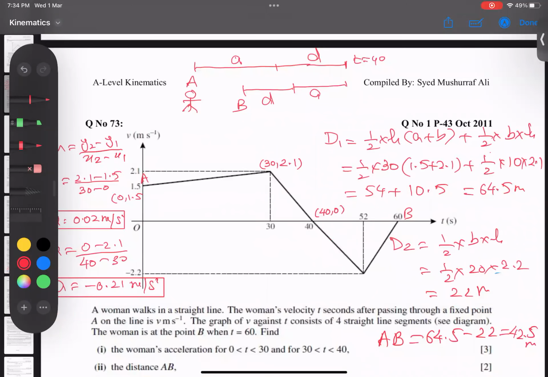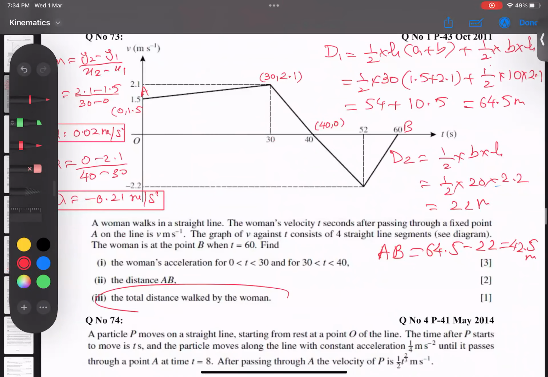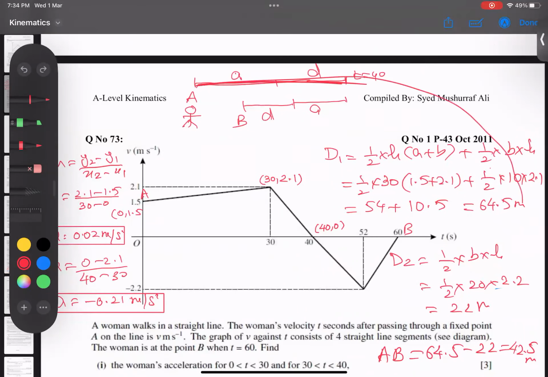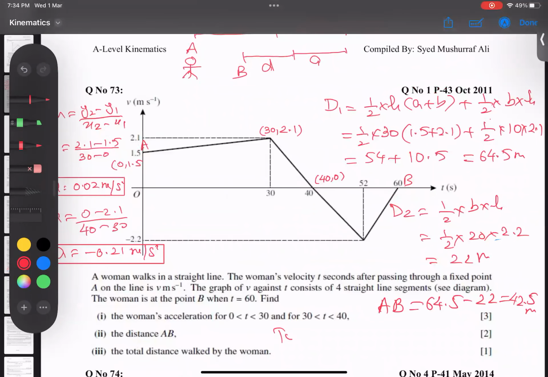And what is the last part left behind? The total distance traveled by the woman. Actually, she traveled forward this much distance and came backward this much distance, so we just add them. Total distance she traveled: going forward 64.5, coming backward 22, so 86.5 meters. I hope so. The point is very, very